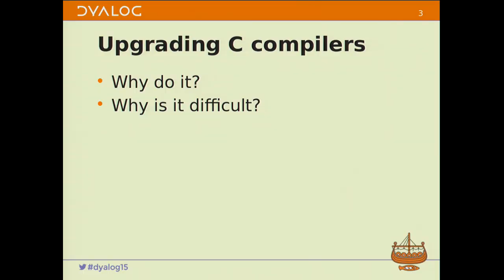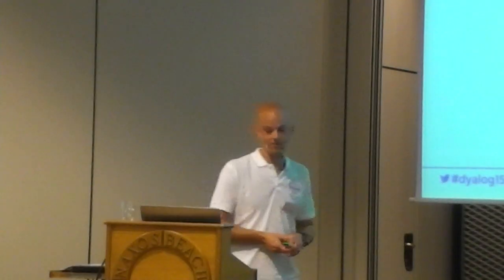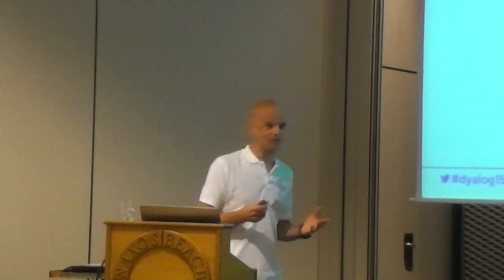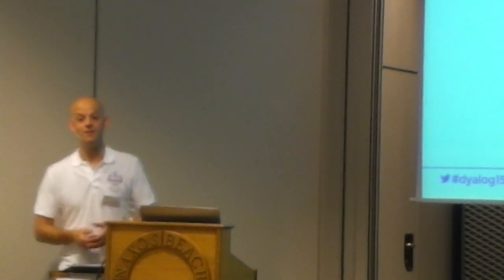The thing I particularly want to talk about today is Morten mentioned that this year we've been trying to upgrade the C compilers that we use for compiling the interpreter with. This might seem like a trivial thing, but it turns out it's actually quite a difficult job to do safely. The reason why we want to do this might be obvious. We hope that the compiler vendors are putting in as much work as we are in trying to speed up the C compilers as we try and speed up the APL interpreter, so we want to take advantage of as much cutting-edge work that the compiler vendors have been doing as possible,